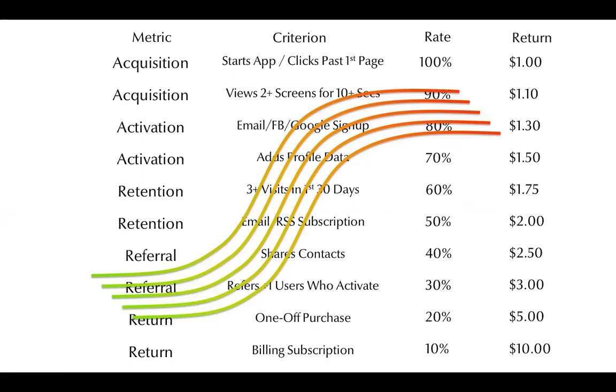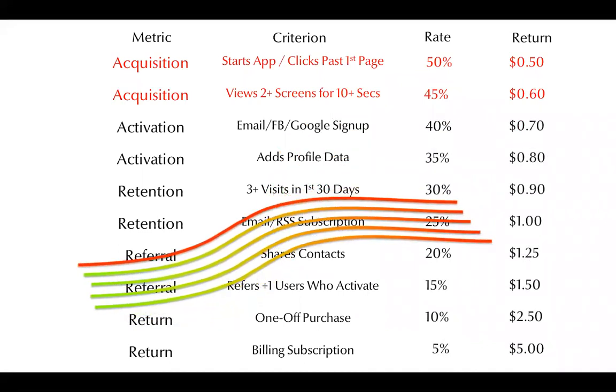So let's imagine, I should say, this is an extremely simple linear programming model. It's basically looking at if we get $10 for every billing subscription that we manage to sell from our web app, then we've got a certain rate at which people are going to move from one of these states of being to another, well, then 10% of that $10 is going to be our return, which is to say every person we acquire is effectively worth a dollar. Well, let's imagine that we don't do anywhere near as well on acquisition as we would like.